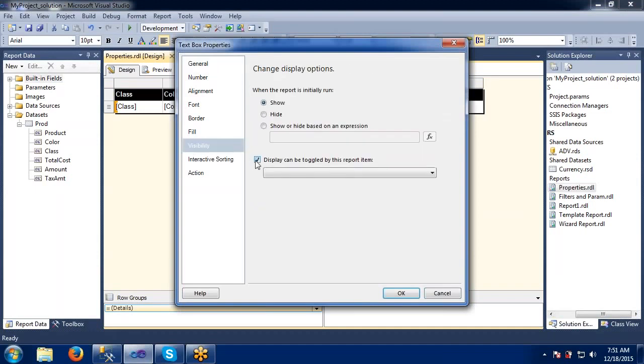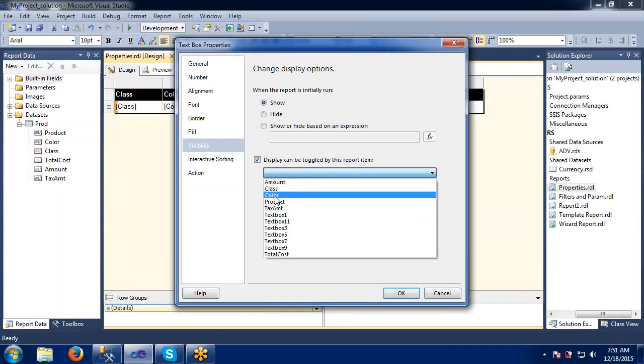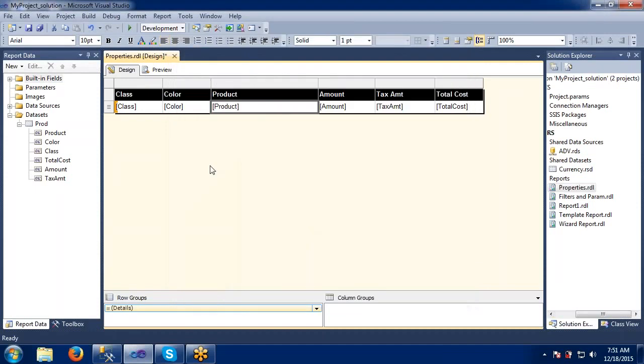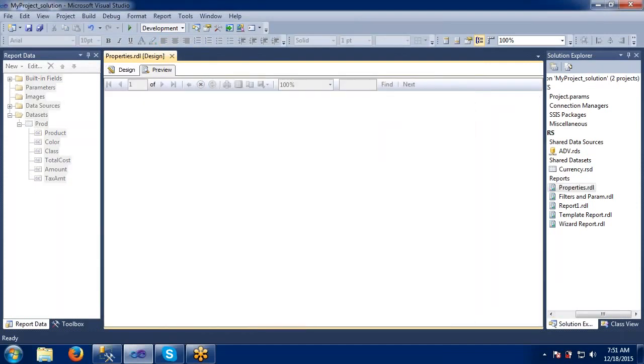Visibility, display. I will give some toggling on the color. Let's preview this one and see what happens here.